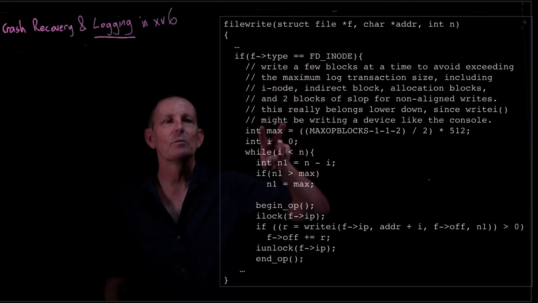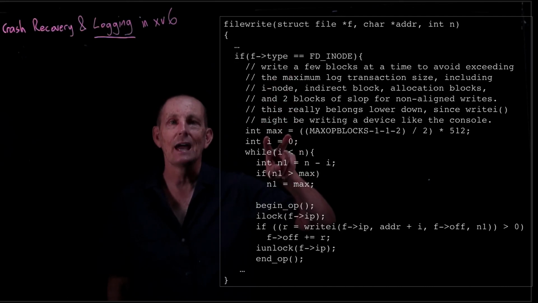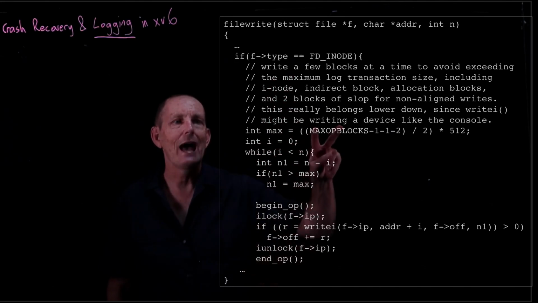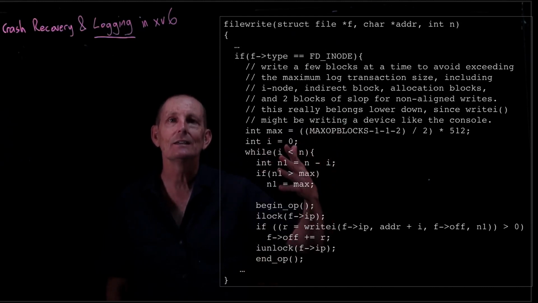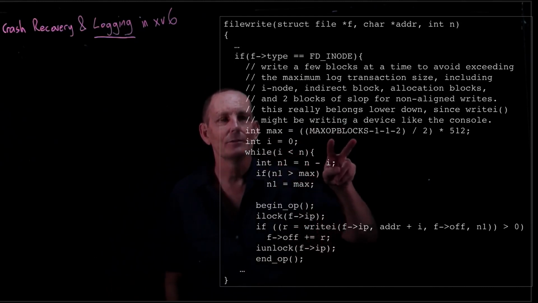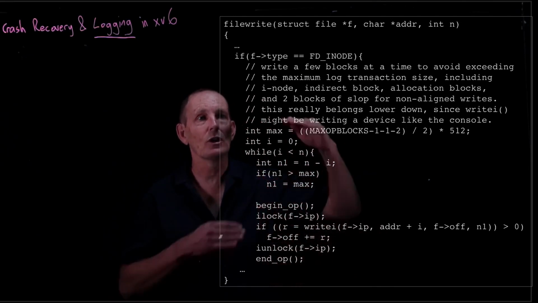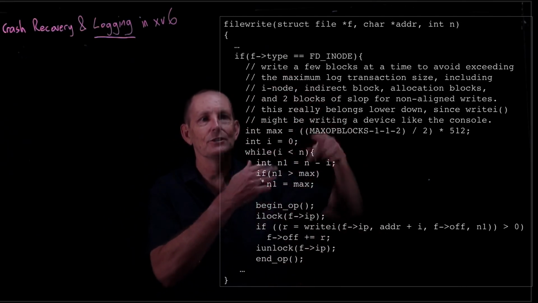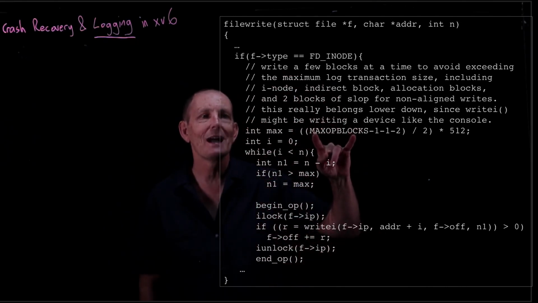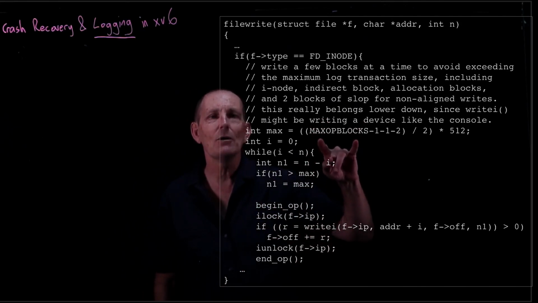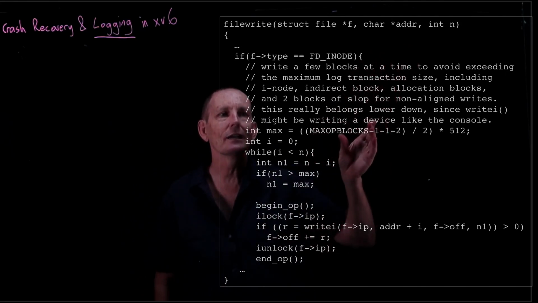So what's going to happen? We're going to look at the maximum number of blocks that we can actually write into the file system. So we are going to look at the maximum operation block. That's the maximum blocks you're allowed to use in any system call. Okay, back up a second. That's the maximum you can use in any transaction within a system call. We're breaking our system call up into multiples, none of which will use more than max op blocks. Okay. We want to keep in mind though, so we're going to cut down how much we're actually writing based